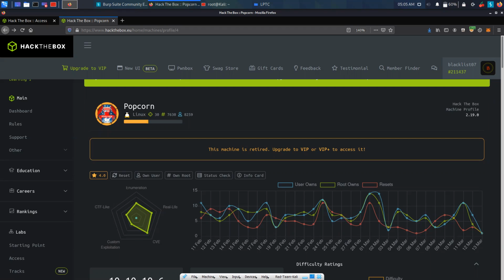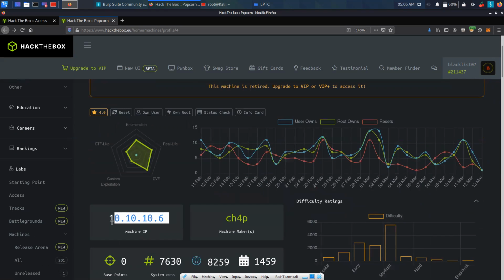So every time we start off on Hack The Box, we get an IP. So what to do with the IP address? We can use Nmap. Nmap is basically a network mapper, which helps us find live hosts on a network. So let's fire Nmap and we will discuss along with that. So here is the box name you can see, and here is the IP address.